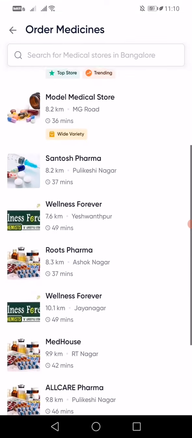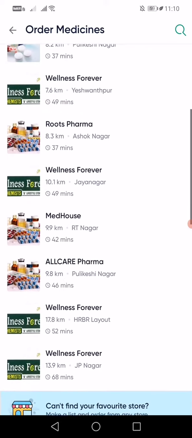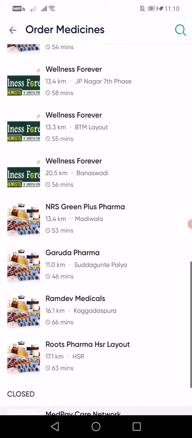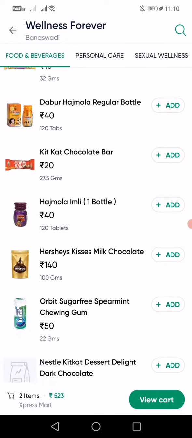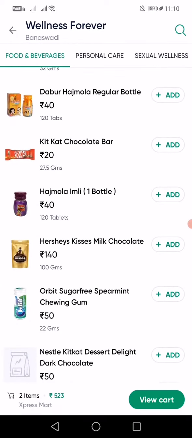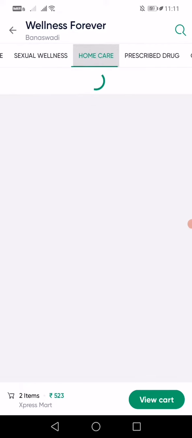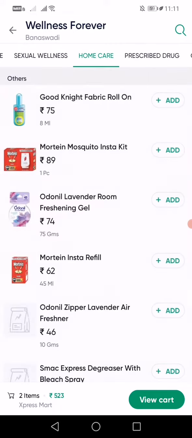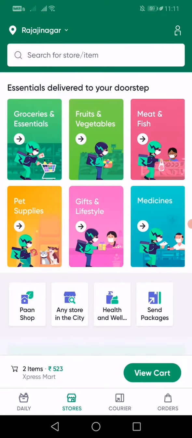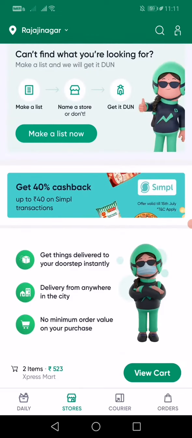Okay, you can see all the nearby medical shops have been listed over here. Click on the medical shop and make sure that you have a prescription. Sometimes for some of the medicines they ask you to upload the prescription. Please select the medicines, add them, give your address, and you can get it to your doorstep. So Dunzo gives you all these